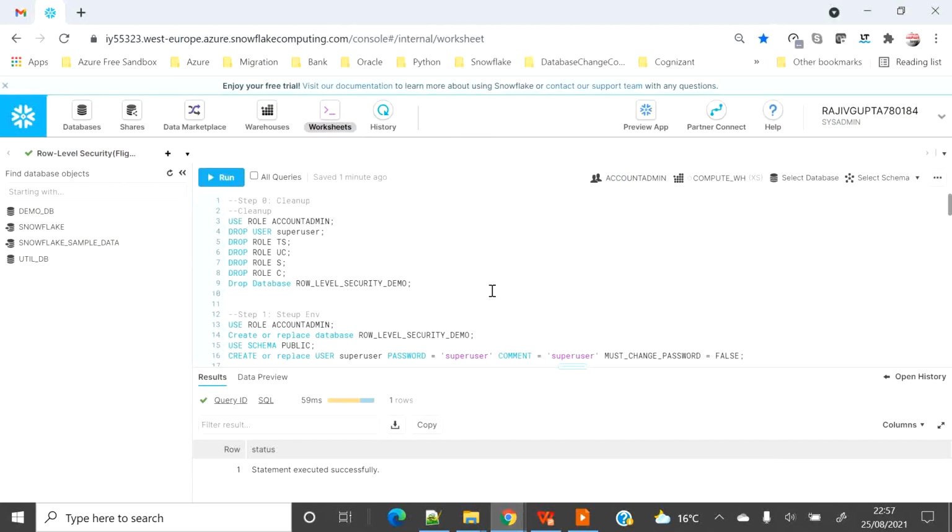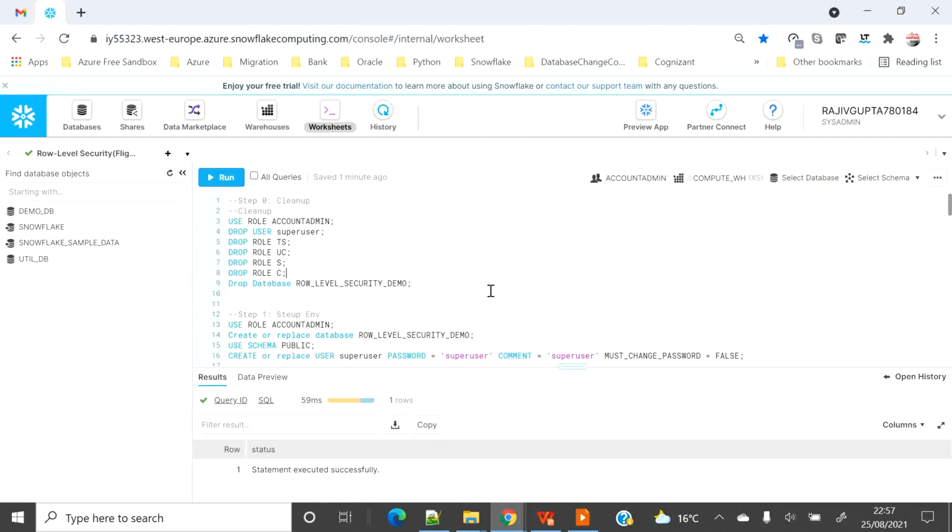Before I start, I just wanted to give you a brief introduction to this topic. Row level security is a control you put on top of a table or a view, where you provide controlled access to particular rows of data to different users or a group of people based on certain conditions. That condition can be dynamic, meaning it can be a single or multiple conditions. So let's see today how this works.